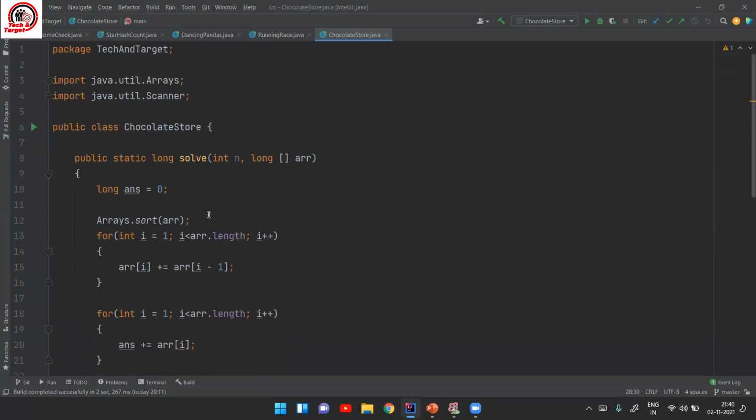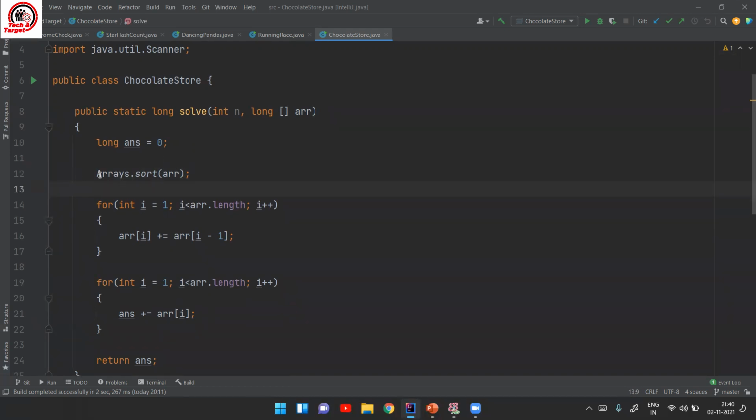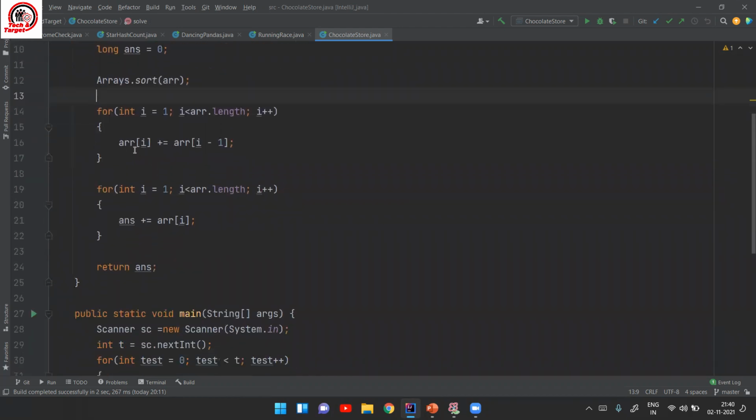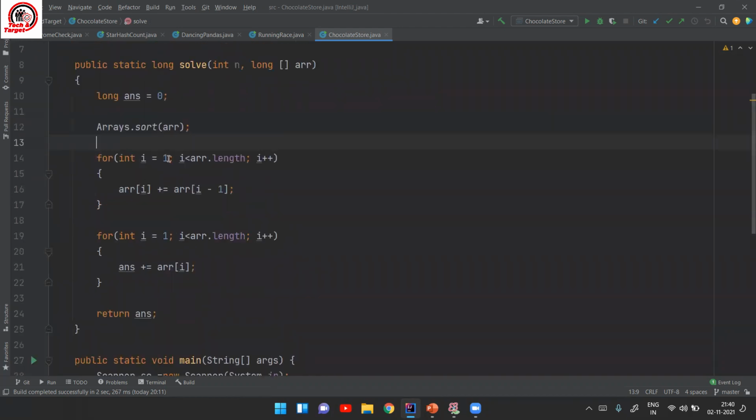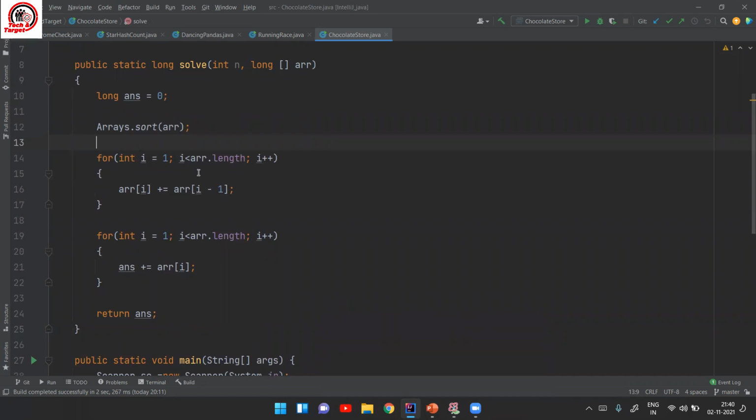Now I'll come up here, and the first thing is I need to sort the array. I'll use the built-in function Arrays.sort and pass the array as a parameter, which will sort my entire array. So if I give 5, 4, 3, 2, 1, it will sort the given array into 1, 2, 3, 4, 5. After that, I'm starting the loop from 1, and at every index from there on, I'm adding my current element with the previous index.